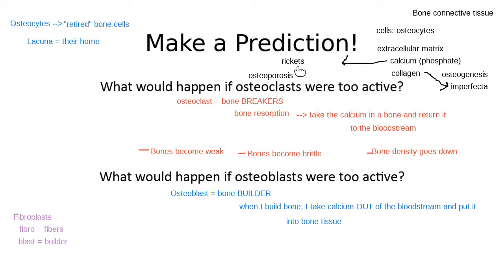So what you see in an individual who has rickets is they talk about bones that are kind of bowing, or they're bending in at the edges, or the bones are just really soft. They've got plenty of collagen, not enough of that calcium that makes them hard or makes them really stable. So rickets is a calcium problem. You're building bone and you don't put enough calcium into the bone. Osteoporosis is a calcium problem. I'm stealing the calcium that I would find in that bone tissue.